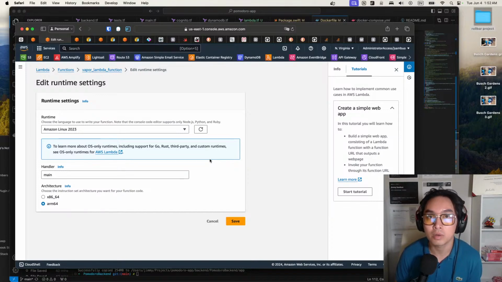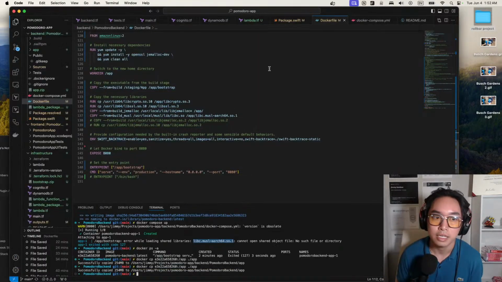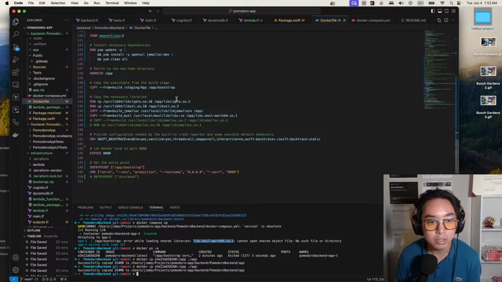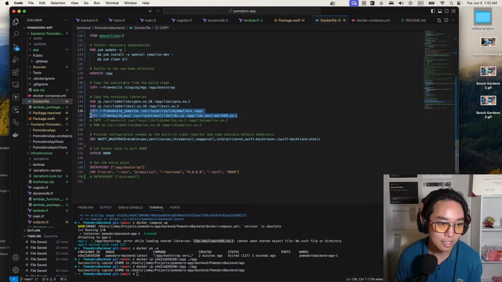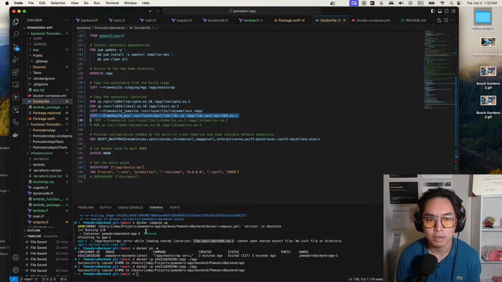However, we started running into shared library errors. And we were fixing it one by one as we were working through the Dockerfile. We were copying libcrypto, libssl, libjemalloc. So we were getting past those. And then the granddaddy, the big issue library was libc musl, and we did some research on